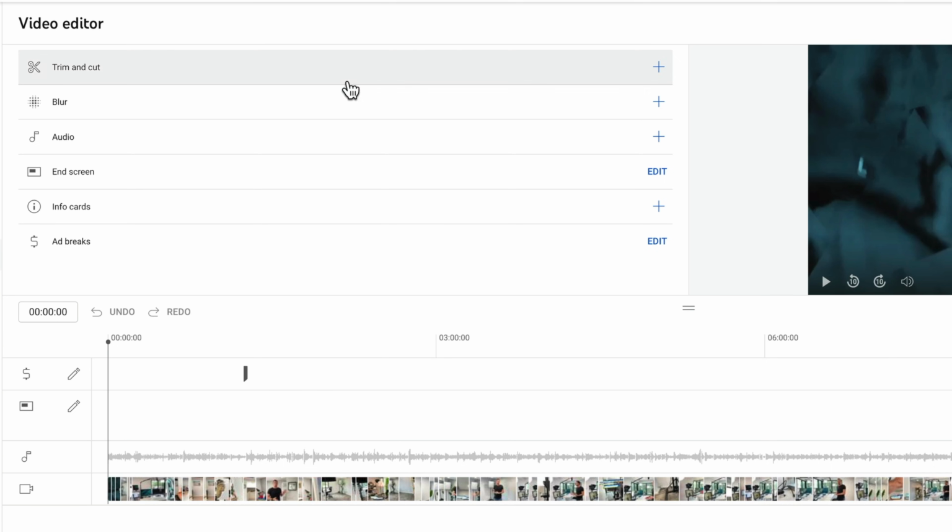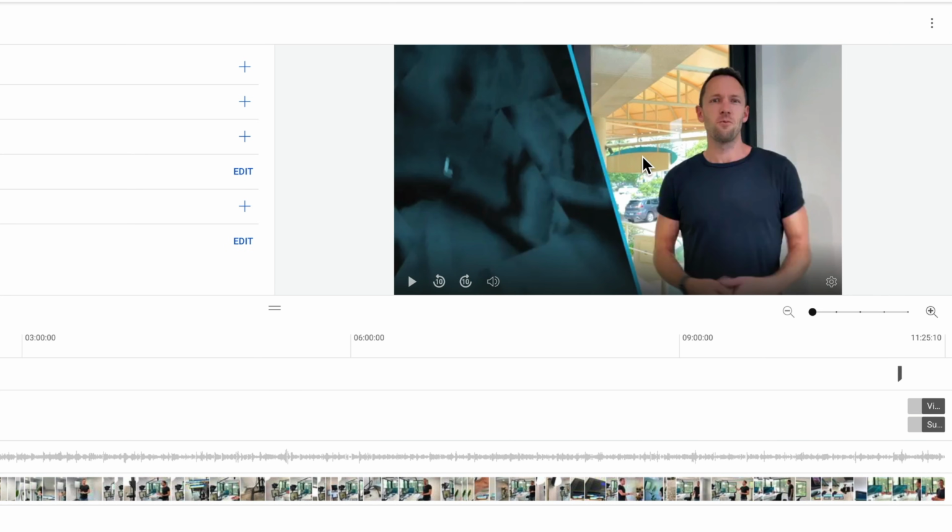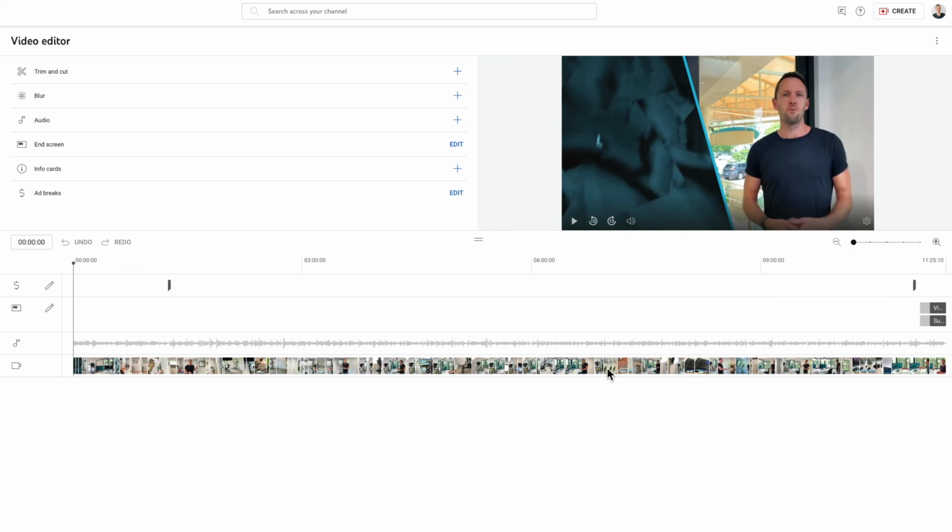So all your options and tools and things are up here in this top left corner. Top right corner here is your preview or your playback of your video. And this will show you the edits and changes that you're making here. Down the bottom here, this is your video timeline area, very similar to what you would see in more professional